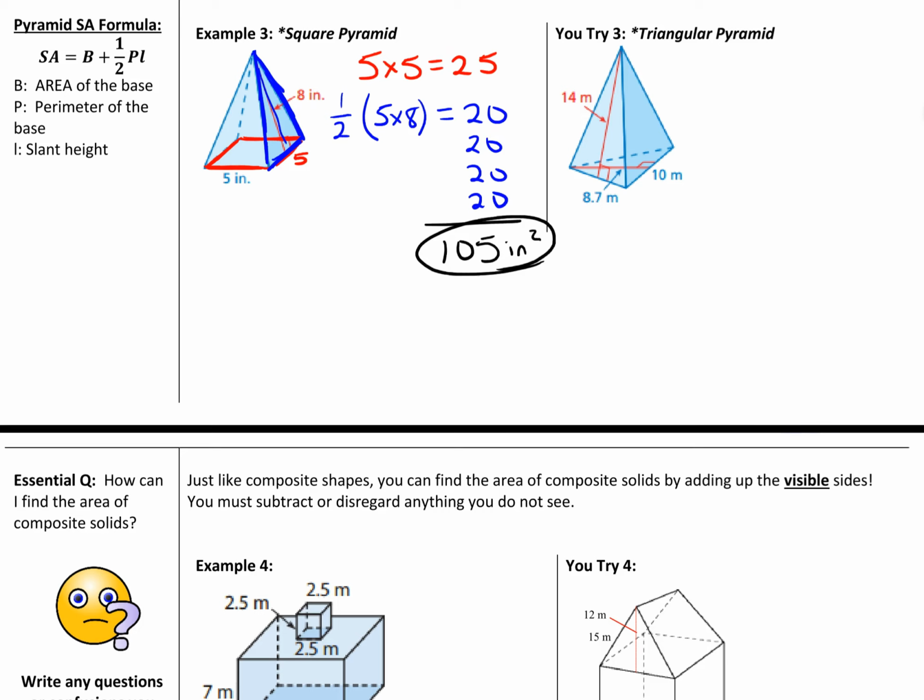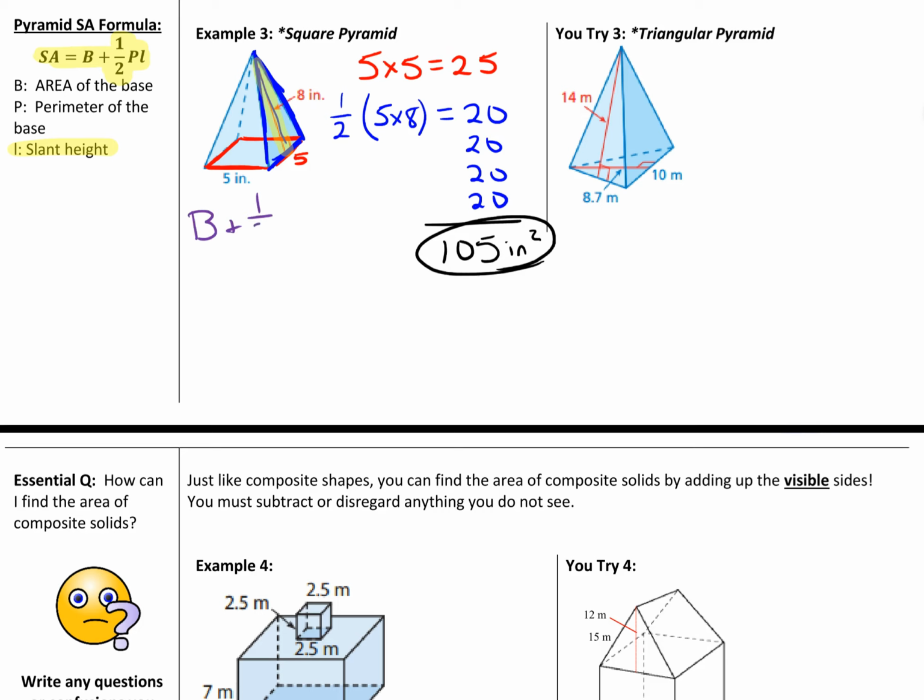Now again, there is a formula that you can use. Surface area equals base, the area of the base, plus 1/2 perimeter times slant height. And when we talk about slant height, it's literally the slanted height of a pyramid, the one that goes from the apex, that point at the top, to the base. So just to show you how to use that formula,